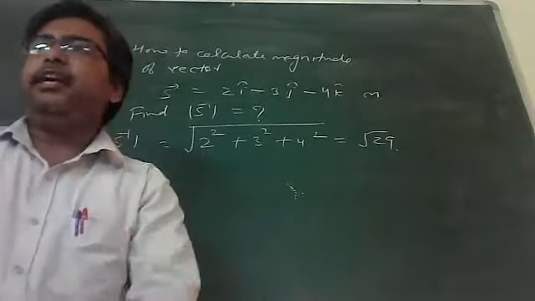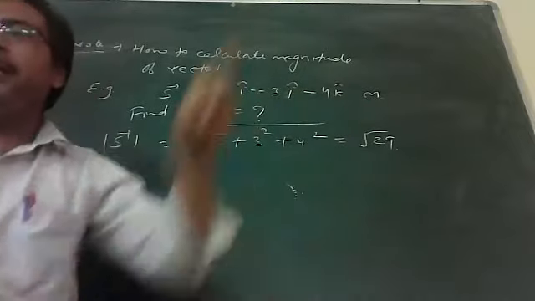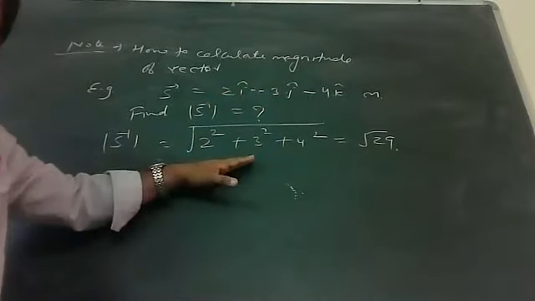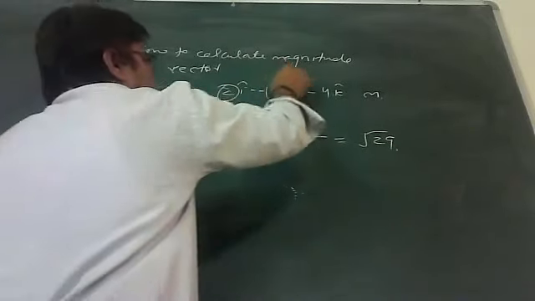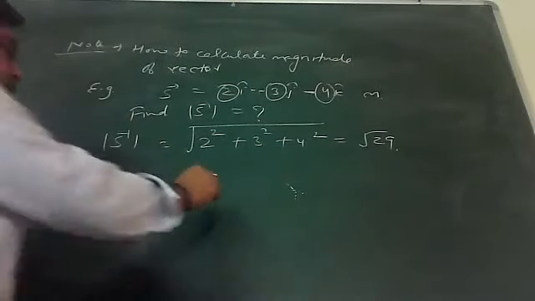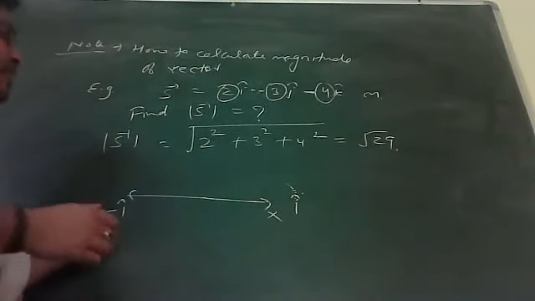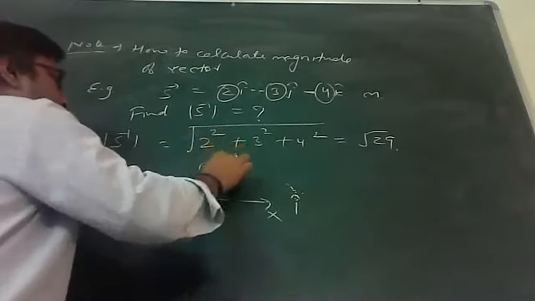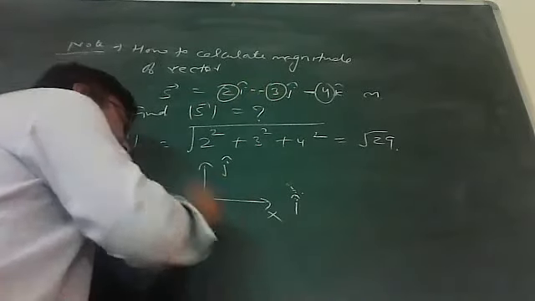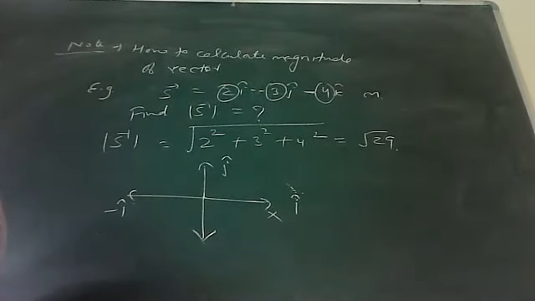Then what is the significance of this minus sign? This minus sign indicates the direction, for the 3 in the y-axis and the 4 in the z-axis. It has no effect on magnitude. Magnitude is only this number. The minus sign is only and only for direction. If I say i cap, that is the x-axis, then minus i cap means the minus x-axis. j cap is the plus y-axis, and minus j cap represents the minus y-axis. I hope this point is clear to all of you.